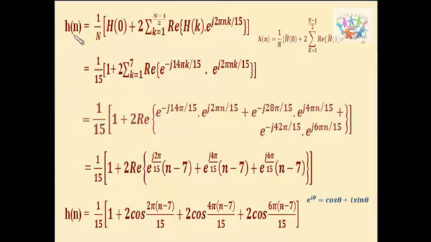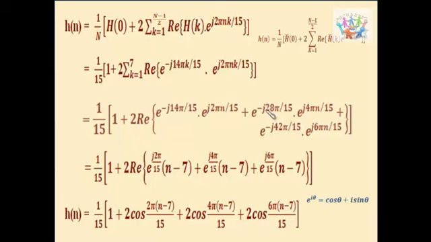Like I said, the formula for h of n is this. Since the value of n is equal to 15, it is odd, we have this formula. Now substituting the values for n, which is 15, h of 0 as 1, and for k is equal to 1 to 7, we need to find the values. Now for k is equal to 1, h of 1 we had the value as this, for h of 2 and h of 3. Now from these two, we can take e power j 2 pi by 15 as common, and inside we will get n minus 7.